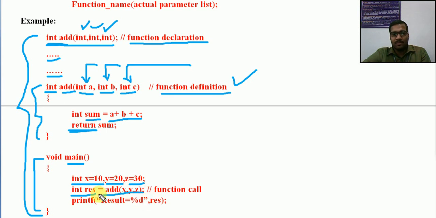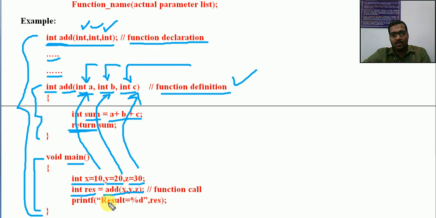So what is happening? I am calling add of x comma y comma z. x will have 10, y will have 20, z will have 30. So 10 will be assigned to this integer a while calling, 20 will be assigned to b, 30 will be assigned to c.